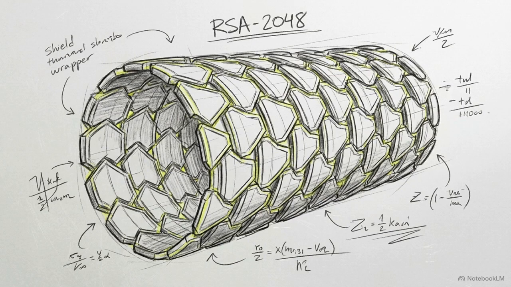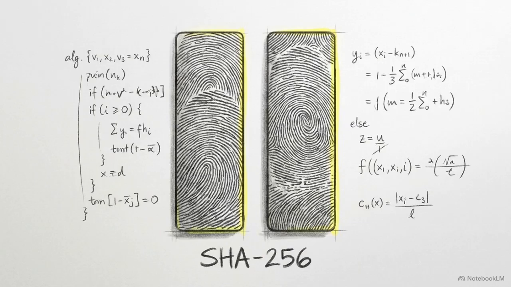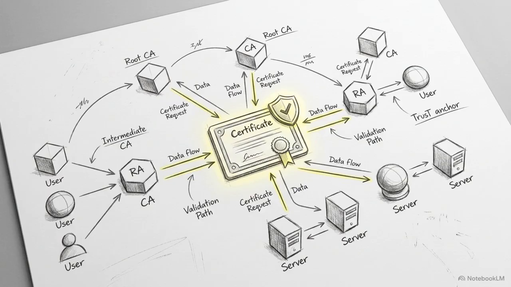RSA-2048 establishes a secure channel to distribute symmetric keys across unencrypted space. And SHA-256 serves as the final integrity check, ensuring the data processed by the server is identical to the data captured by the scanner. While hashing detects the presence of tampering, preventing key spoofing entirely requires a public key